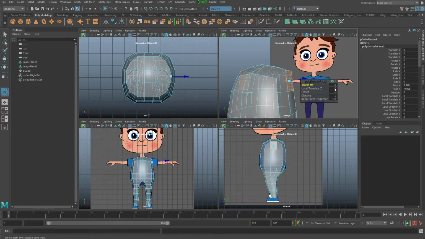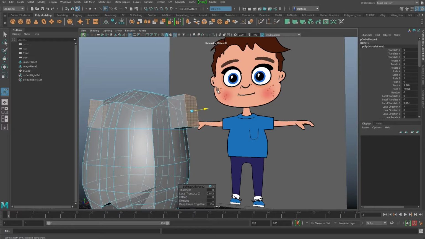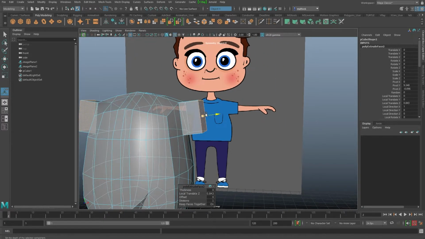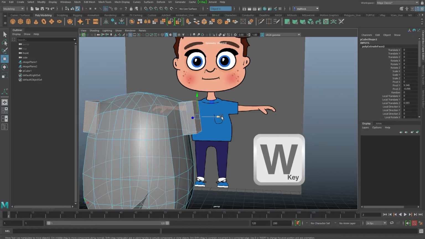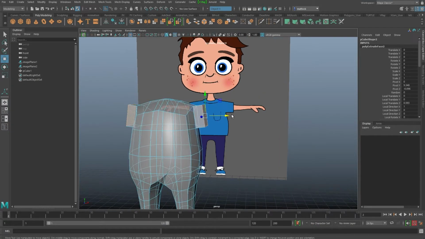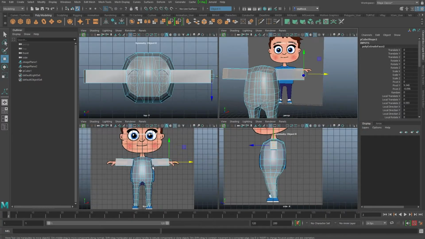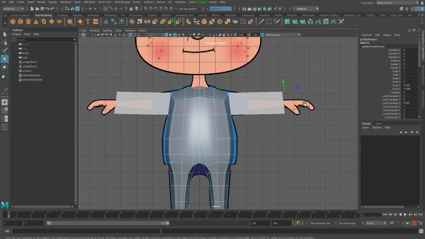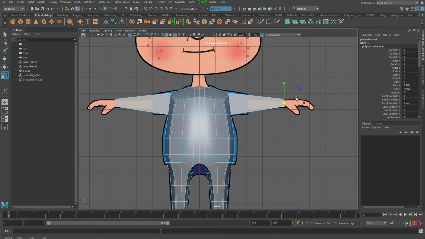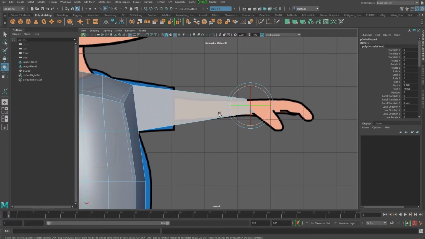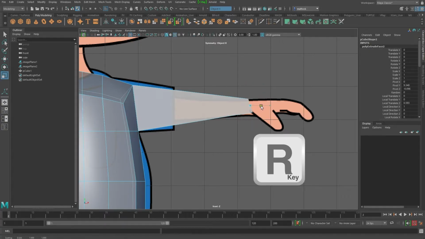And you can also use these, which is your translate, it gives you. I'm just going to move it directly out. And I'm also going to, that's the amount extruded. If I hit the W key, I'm now going to be in world space. So now I can just move it out. Let's have a look in the front view. I'm going to move out to the wrist. I'm going to scale down. Also, if you've got the end of it angled or something like this, a little tip, you can hit the R key and scale just in one direction, and it will flatten it for you.